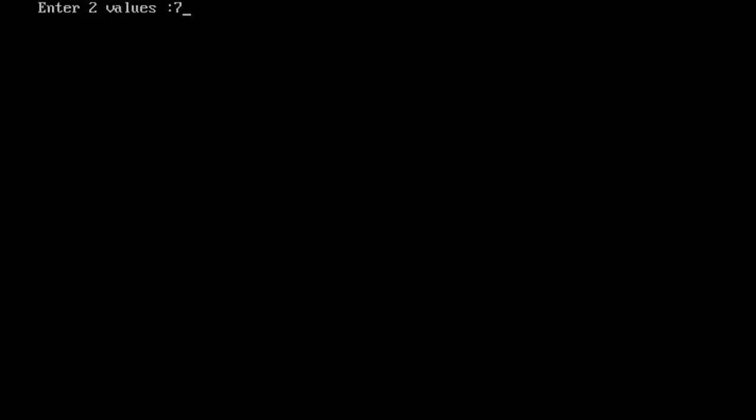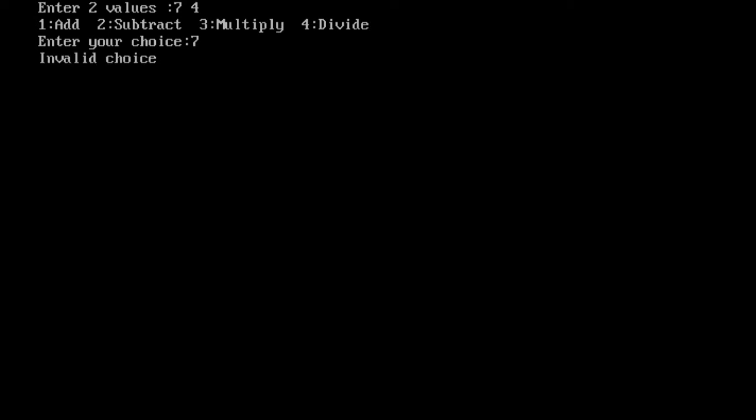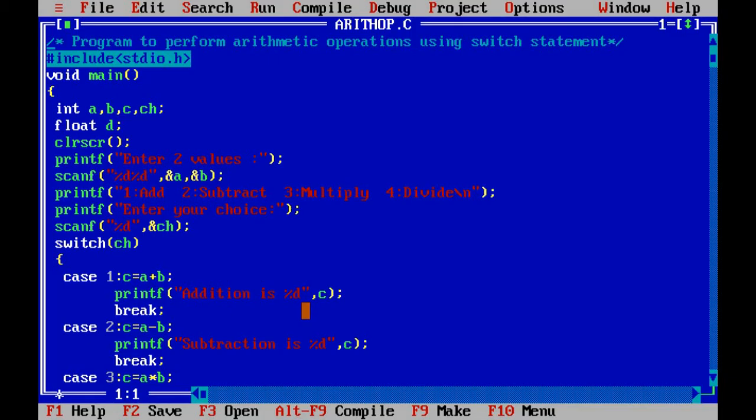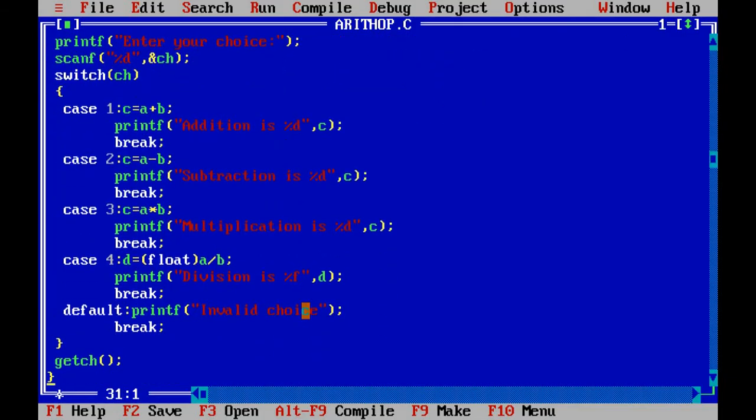If I give the values as 7 and 4 and the choice as 7, if the user gives a choice which is not 1, 2, 3 or 4, in that case it will give the message "invalid choice". This is how the switch statement works.